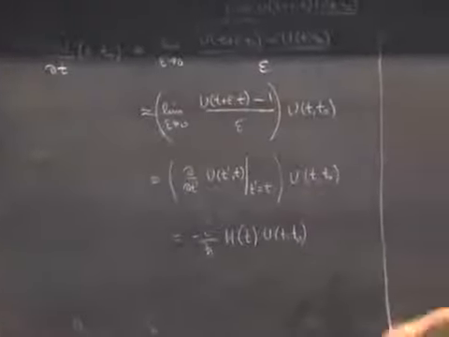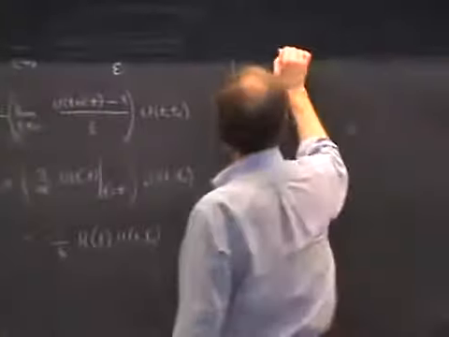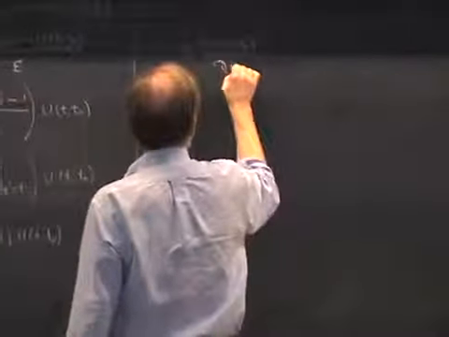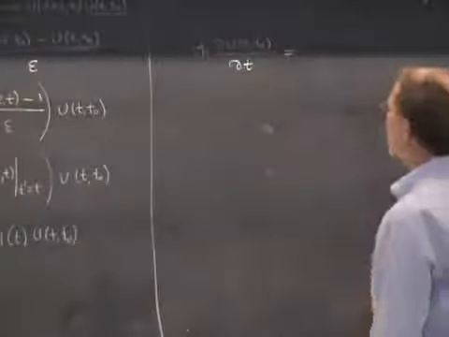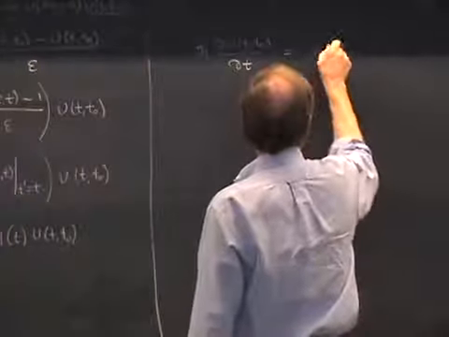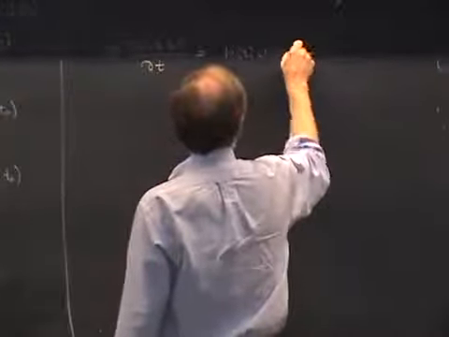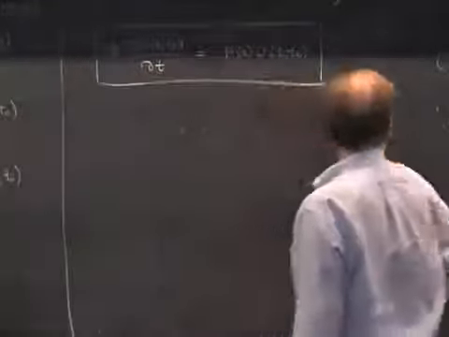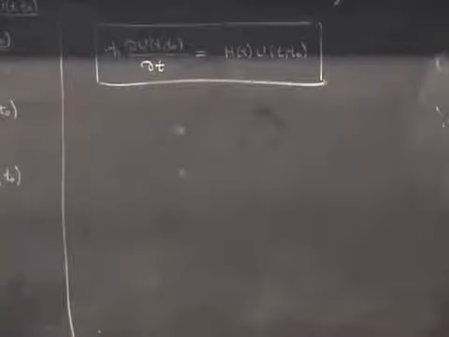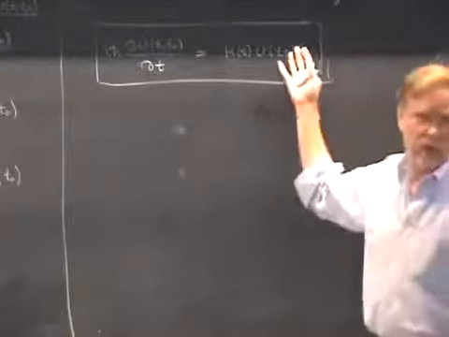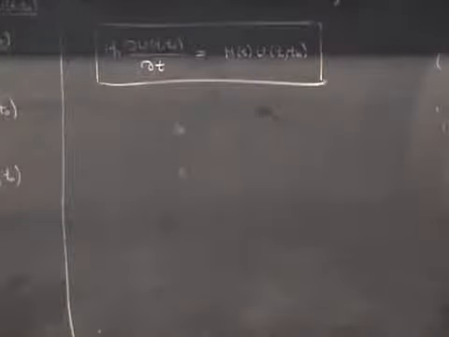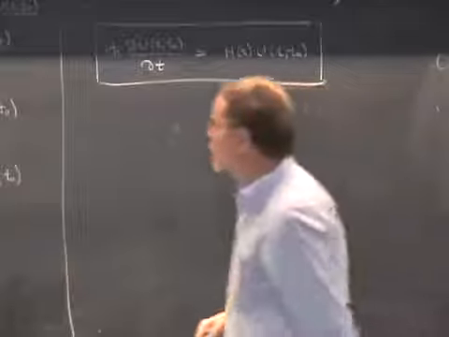The result of this is that if I bring the i h bar over to the other side, we get a differential equation of the unitary time evolution operator with respect to the final time, considering the initial time fixed. And it's just given by the Hamiltonian multiplying onto the time evolution operator, like this. This equation can be regarded as a generalized version of the Schrödinger equation because it's a differential equation describing the time evolution of the system. All right, so this is equations of motion.